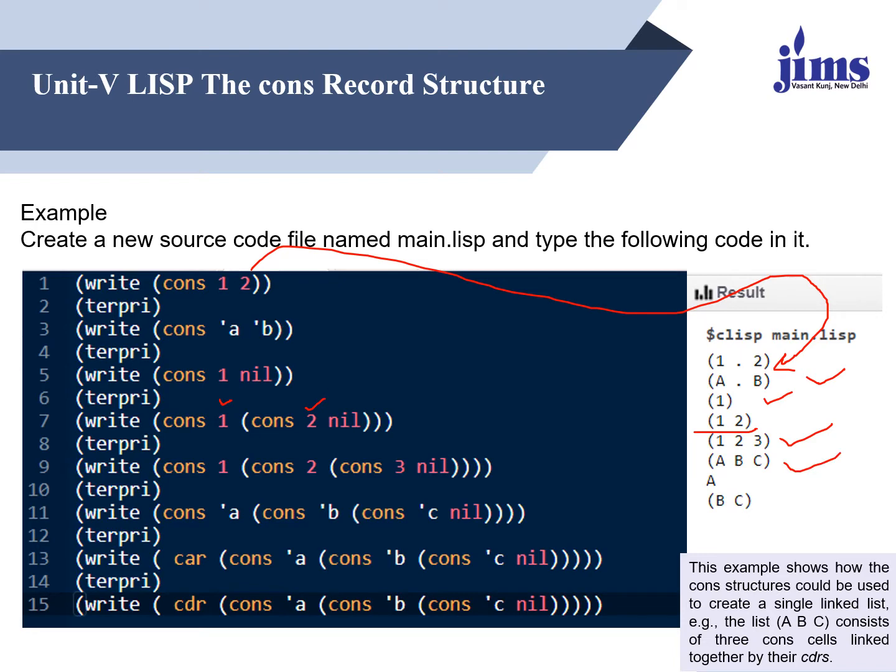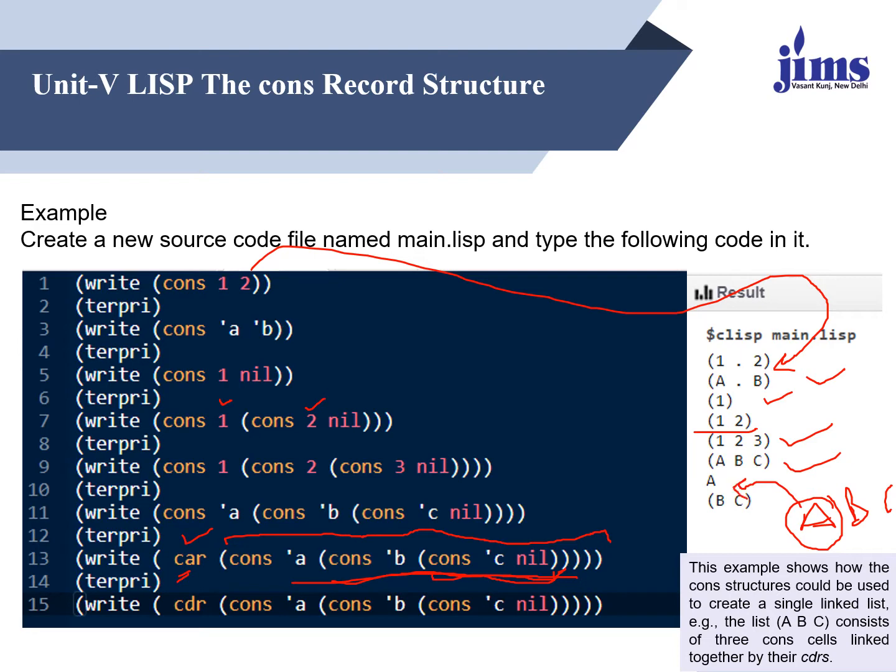Again A, B, C. Now from this list, if we want to extract the first character, what do we do? First of all, look over here. Cons A within a bracket, cons B within again an inner bracket, cons C. The inner bracket is going to get closed over here. It will return C. It will return BC. It will return ABC. So the list will contain A, B and C. What I am doing, I want to extract a character. Which character? Using car. What does car do? Car extracts the first character.